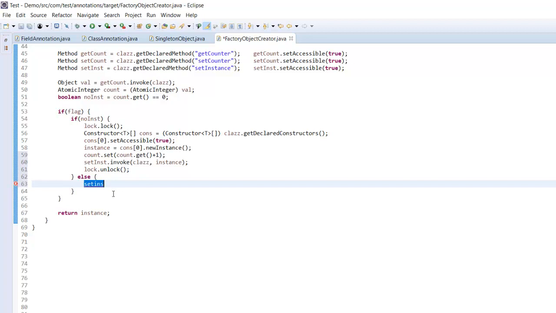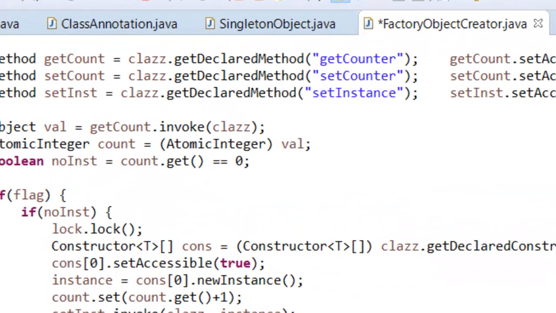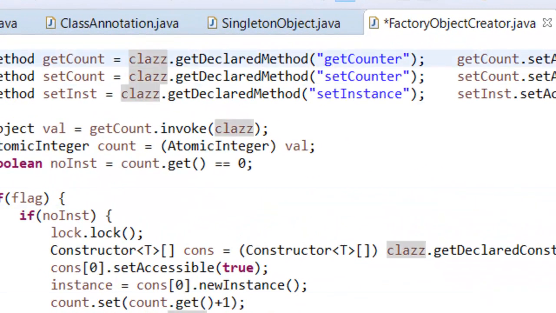So what I will do is instance equals get, yeah, get object. So I need one method again. Get object,